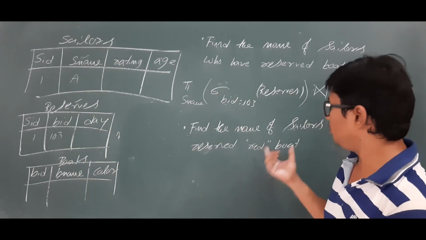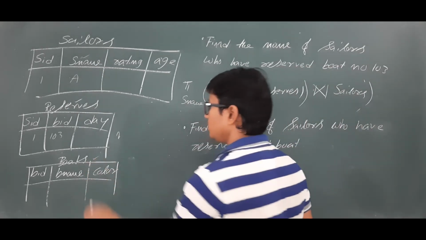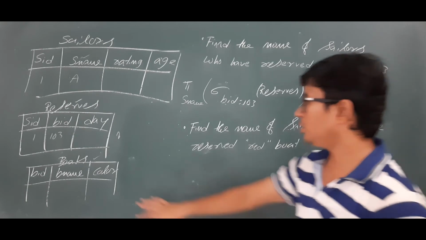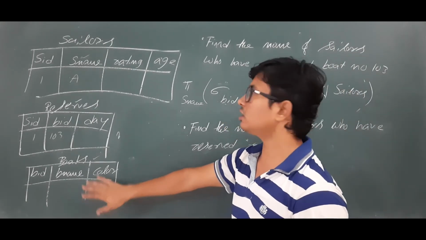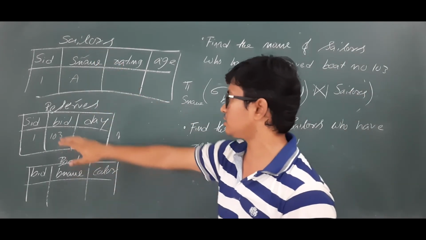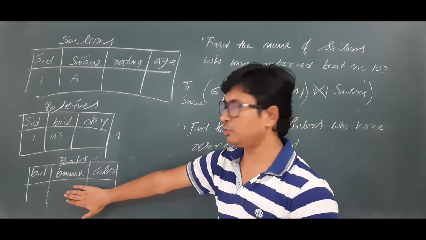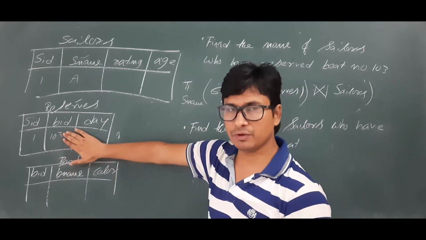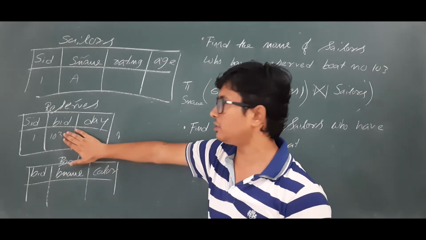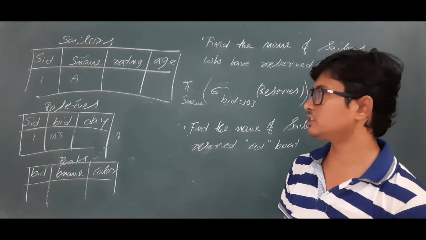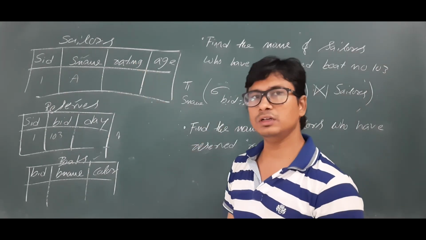And then boat color is there in the boats table, so I need to depend on three relations, because boat color equal to red does not mean that someone has reserved. Whether someone has reserved will be there in the reserves table. So I need boat color, which I will get from the boats table. Whether someone has reserved or not, I will get from the reserves table. If someone has reserved, what is his name, I will get from the sailors table. So I need to depend on the three tables.